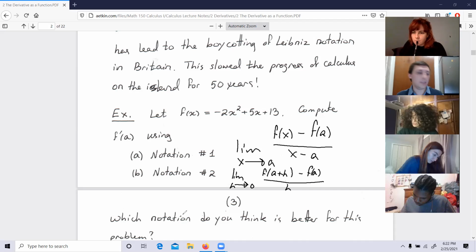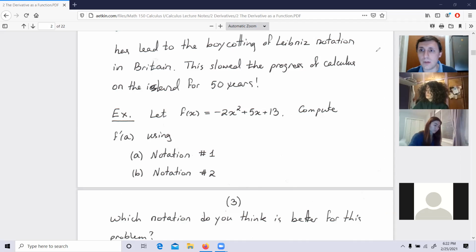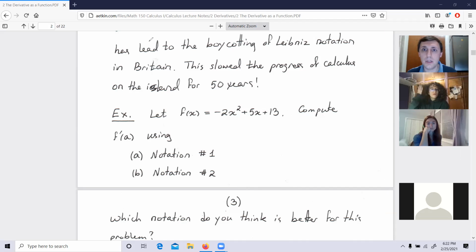All right, are we ready, guys? Let's do it using notation 1. Once you are well trained, it should take you less than a minute to solve it. That's what you strive for, less than a minute for such a problem. Now, let's see how that's done with notation 1, guys.